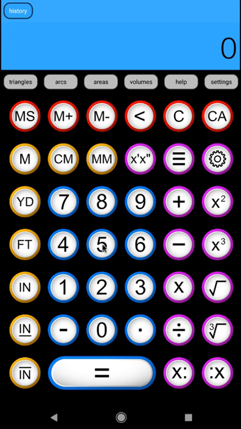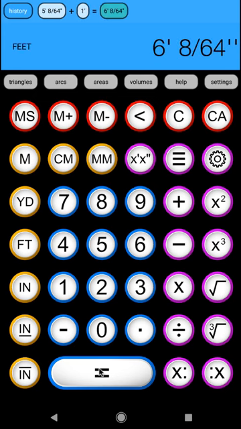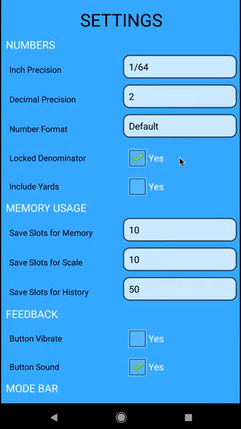And let's go ahead and go 5 foot 1/8 inch. And we'll just add a foot to it. And you'll see it's locking everything to 64ths right now. So your result's in 8/64ths where you might expect it to be 1/16 or 1/8. So that's what that does, and you'll see if we now turn that lock denominator off